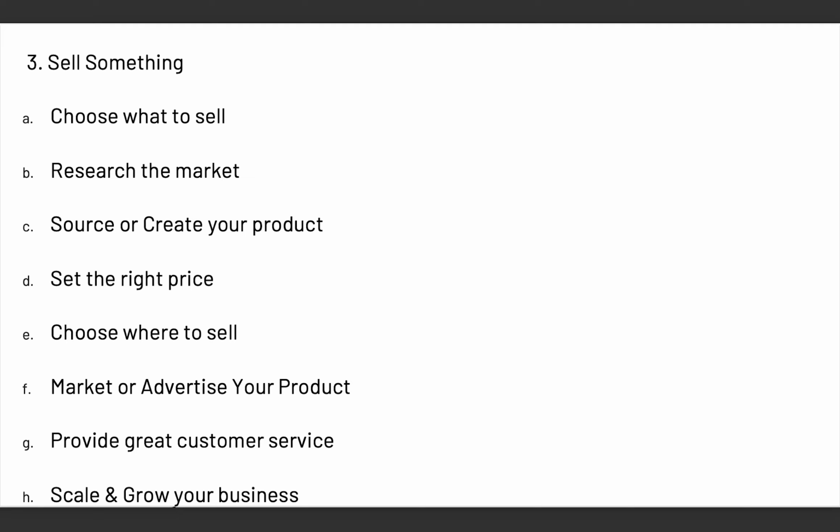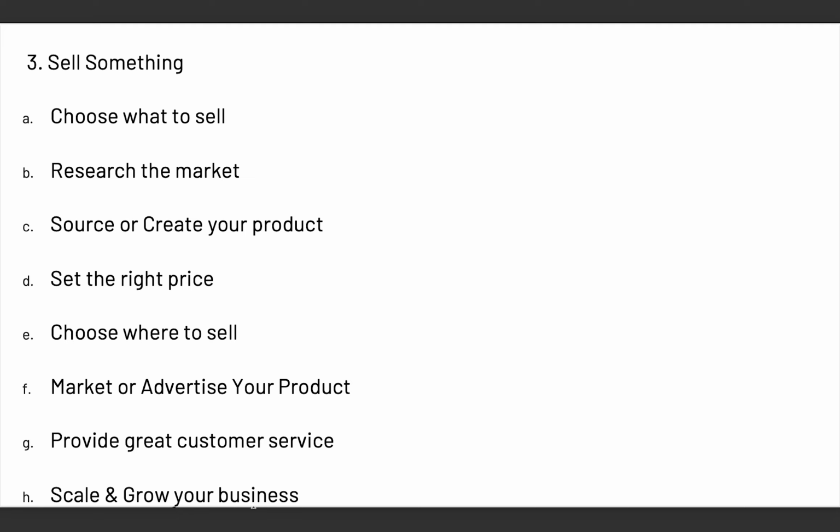Now, once you are done with that, the next thing is to provide great customer service. So at this point, you're already getting customers to buy your product. What you want to make sure you are doing is providing great customer service for your customers. Ensure that when people buy from you, they are happy with what they've gotten from you, and they're happy with the experience they've gotten from your brand or from your company. And this will even make your customers refer your product or your brand to other people, thereby making you get more customers and making more money for yourself. So make sure that you provide great customer service for your customers, and from there you can now scale and grow your business.